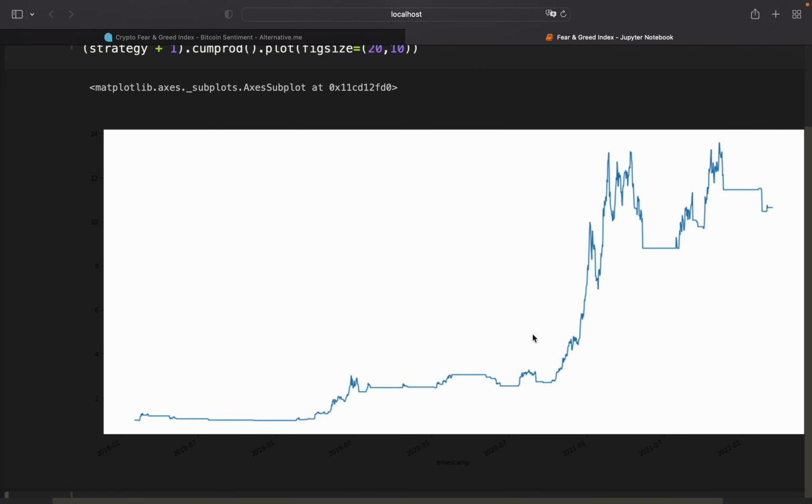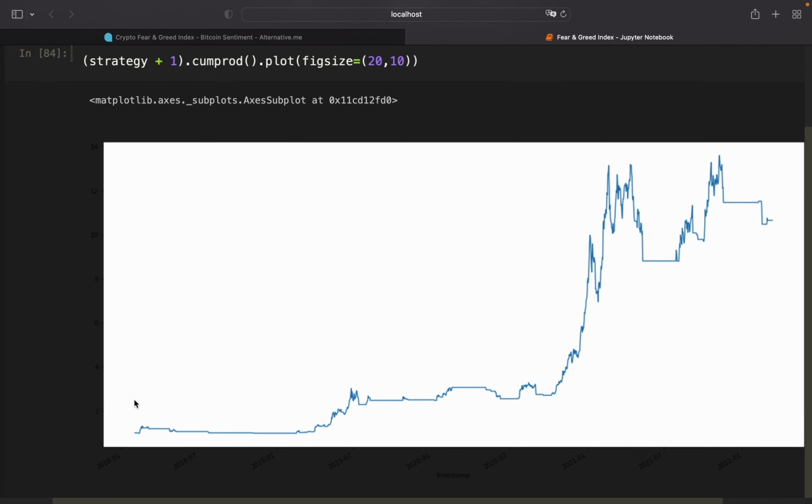So as you see, we are basically following the Bitcoin, and in some phases we are not in the Bitcoin, and that is when we have a 0 in our position column. So we see when we have a straight line here, we are not in the Bitcoin position. Now let's compare this to the Bitcoin price development. So this is the development of the strategy since 2018, right? We are just comparing that to the Bitcoin now,